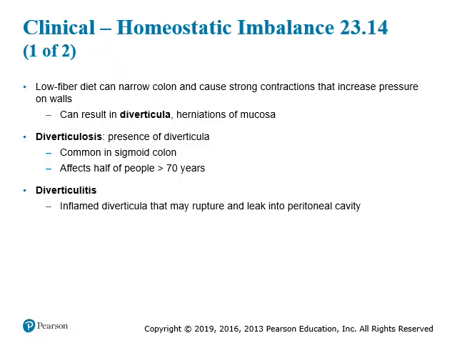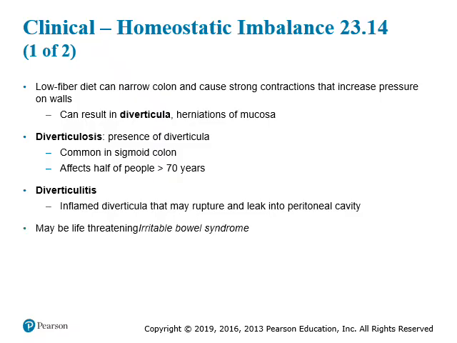A low fiber diet, which means you eat a lot of meat and very little vegetables, will narrow your colon and can cause strong contraction that could increase pressure on the walls, which results in the formation of diverticula. And diverticulitis is the inflammation of these diverticula and may rupture and leak into the peritoneal cavity